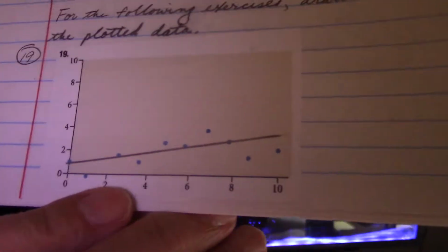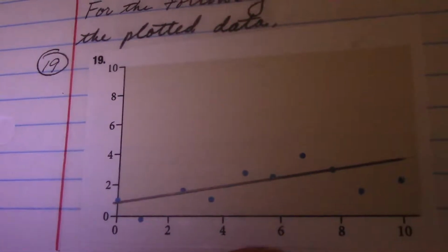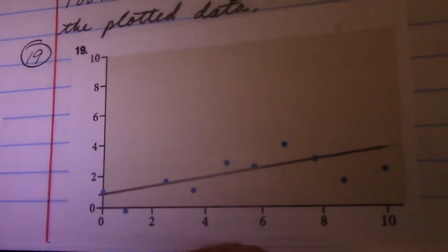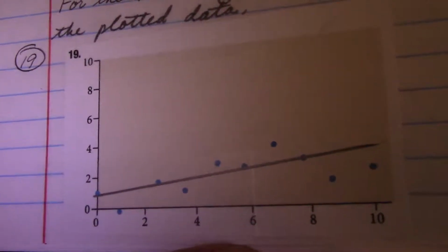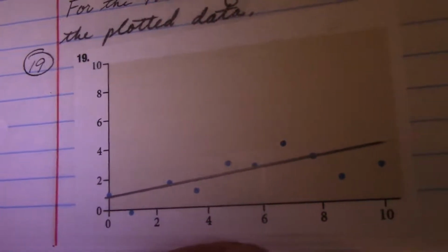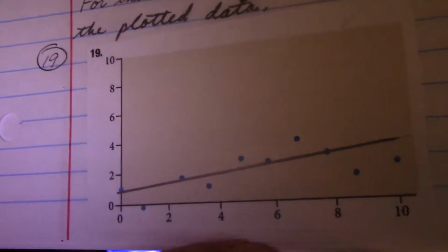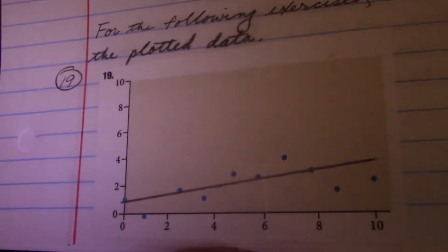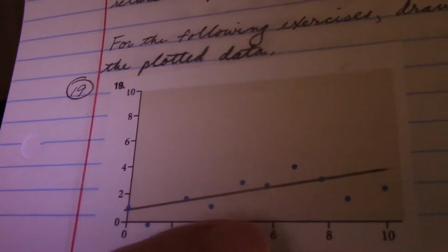Here's what I got. Anytime you estimate one of these things, your answers will vary. Okay, and linear regression analysis shows you how to make mathematically the line of best fit where there will be no disagreement. It is the line of best fit for the data, but we're not at that point yet. We're just estimating here. So I noticed in the book's answer it's a little bit different from mine, which I expected. Alright, that doesn't mean it's incorrect, but